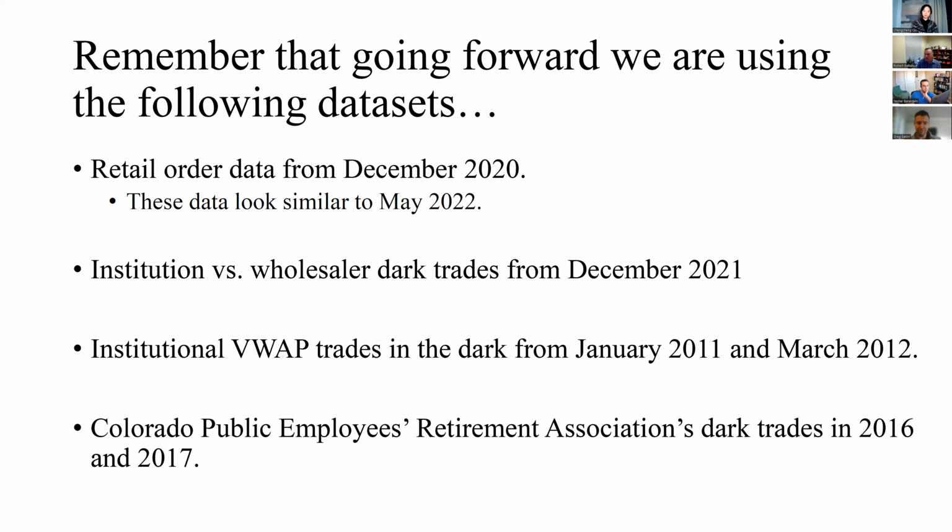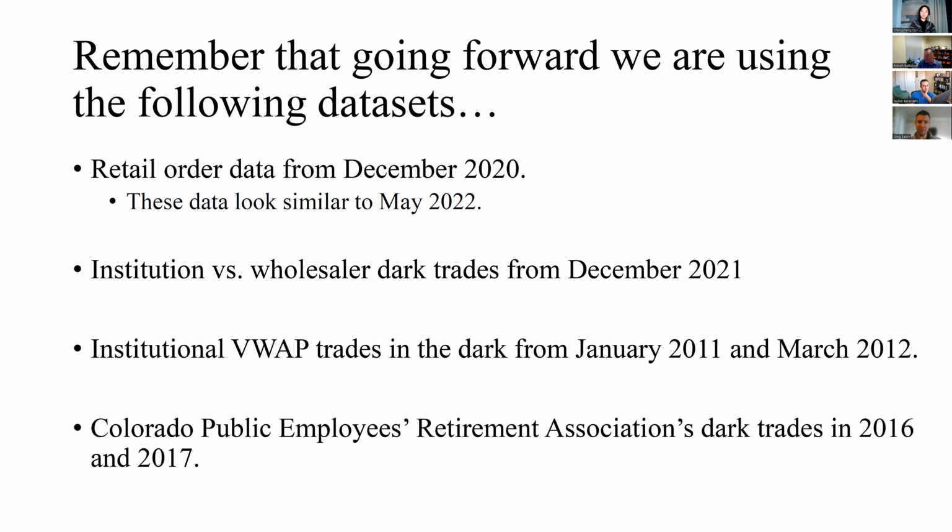Okay. All right. So going forward, we have 10 days, December 2020, that we're going to match the retail data to TRF data, and then we're going to type it using the Jones algorithm and test some things. We're going to get institution versus wholesaler dark trades, December 2021. We have institutional VWAP trades from 2011, 2012, and then finally Copera data, which was obtained under Freedom of Information